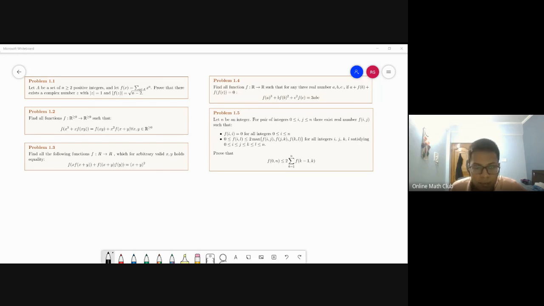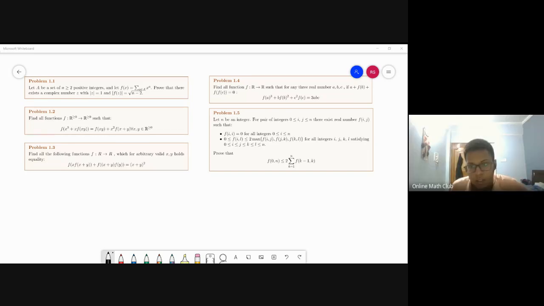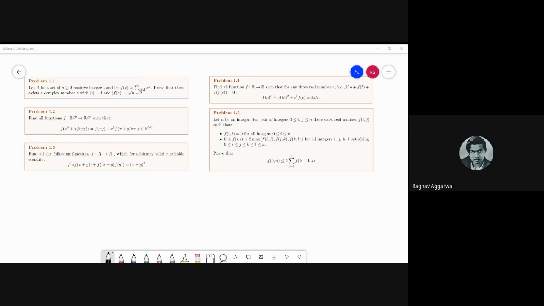Okay, 1.1 seems to be the popular opinion. 1.2 seems to be the popular opinion. Okay, let's do that. Actually, 1.2, 1.3, 1.4, and 1.5 are functional something, and 1.1 is different. So I think that we should start from 1.1. Sure. Also, 1.1 is the most popular. Okay, sure.